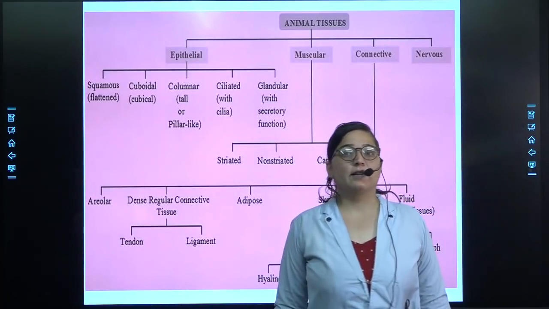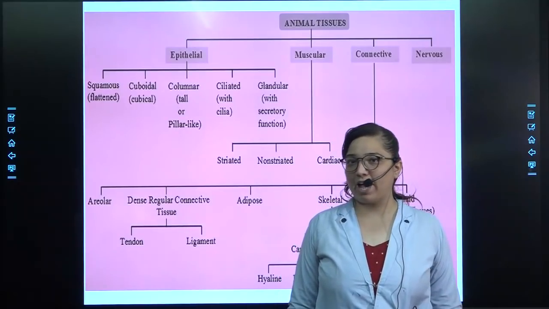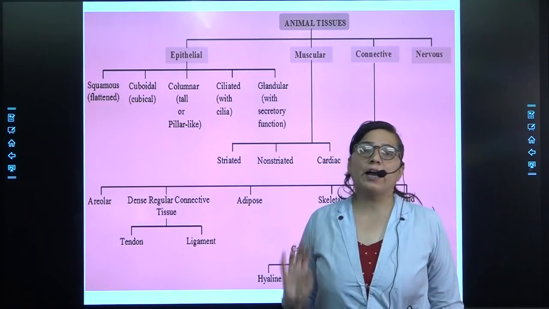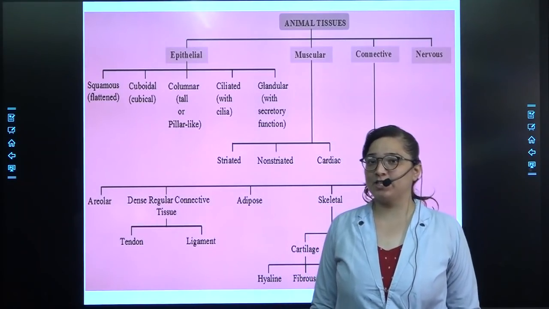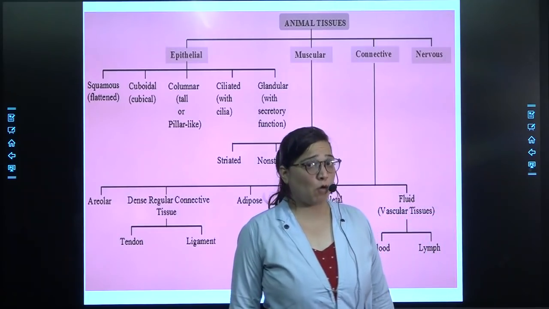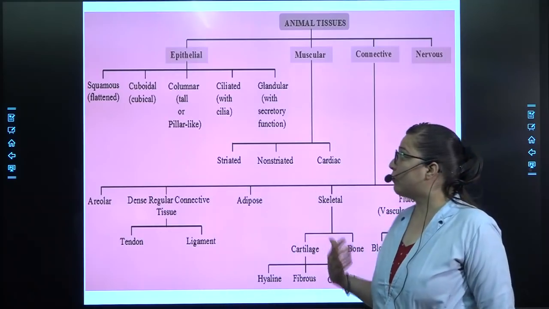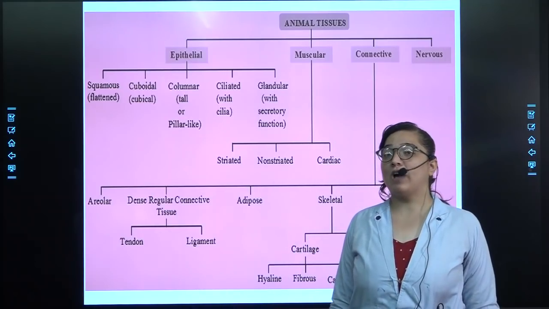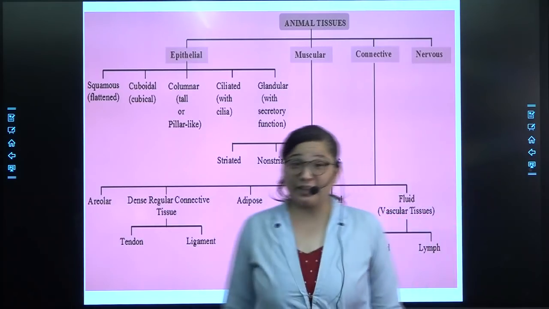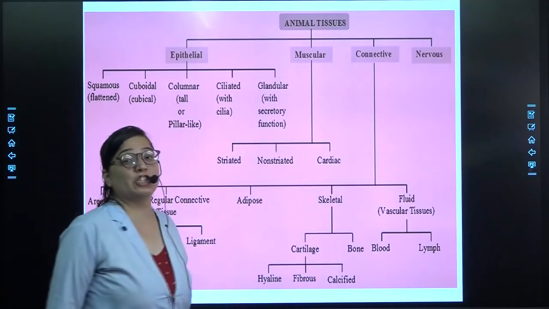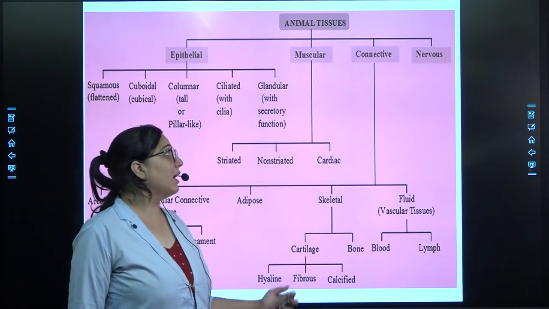Now, this is the quick recap of the whole of animal tissue. Animal tissue is of how many types? It is of 4 types. Which are the 4 types of animal tissue? As shown over here, the 4 basic types of animal tissues are epithelial tissue, muscular tissue, connective tissue and nervous